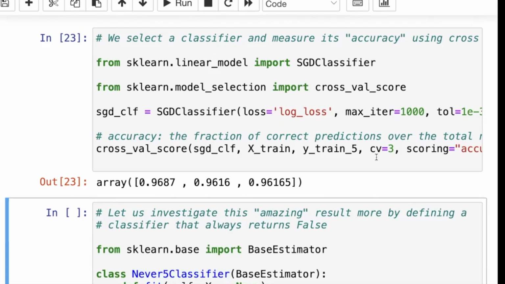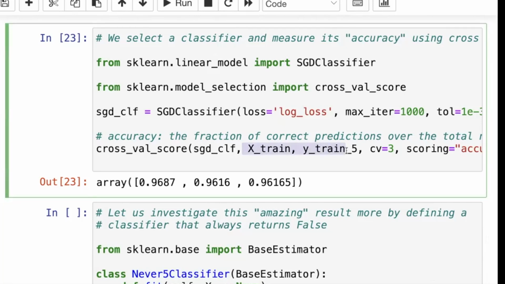Okay, so we got our numbers, which are the accuracy scores. So we get about 96% accuracy, which is great, right? So 96% of the time, we correctly predict the label of test data points. And again, here you have to be careful because when we say test data points, I mean in the form of cross-validation, right? So we have the entire training data that we provided, and then we divide this into three folds, one for testing, two for training at each time,